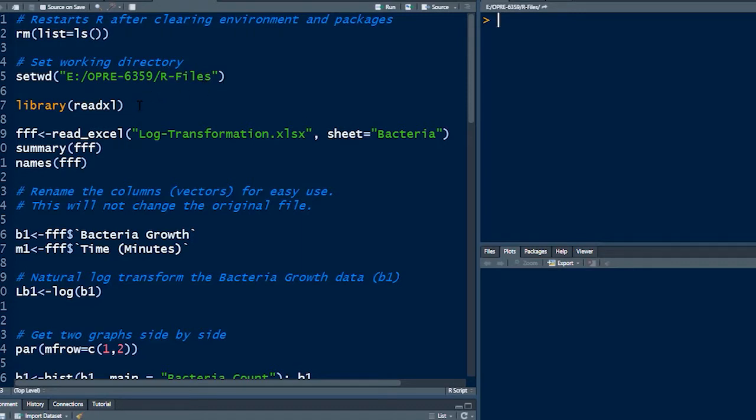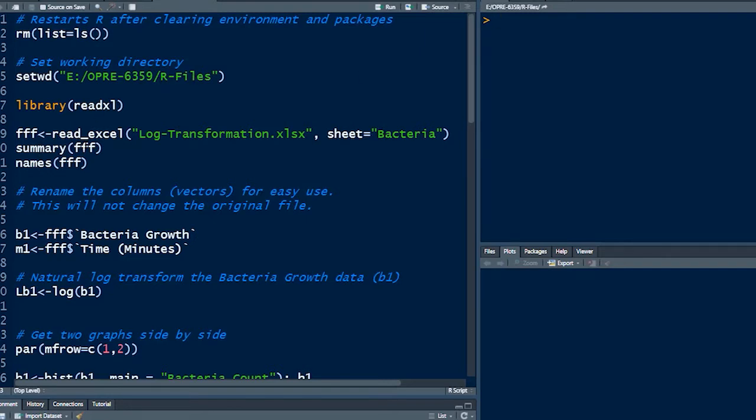We're going to use an Excel file, so I'm going to load the library readxl. If you do not know this one, go to the video I have called Work with Data Files or something like that. You can use that video to learn more about this stuff. We're going to assign FFF to this data set, which is in the sheet bacteria. Here's the file, here's the sheet bacteria, and here's the directory.